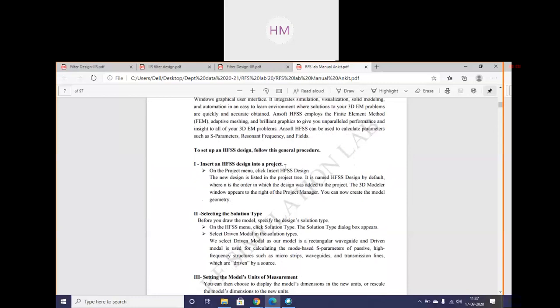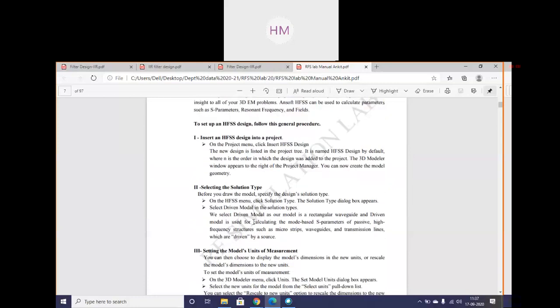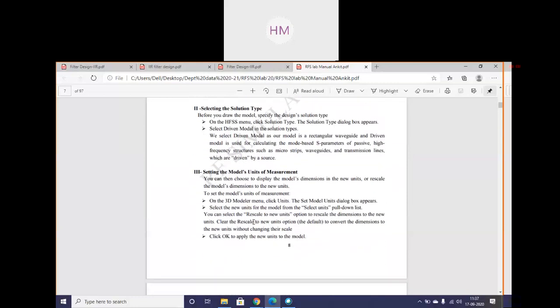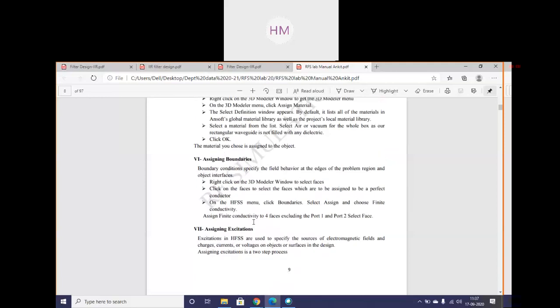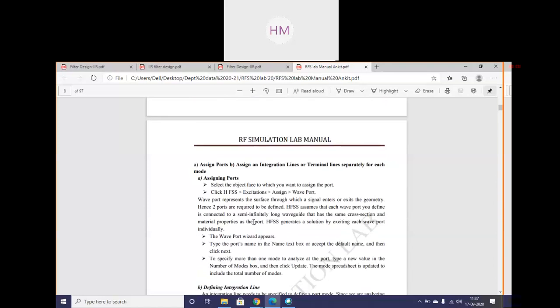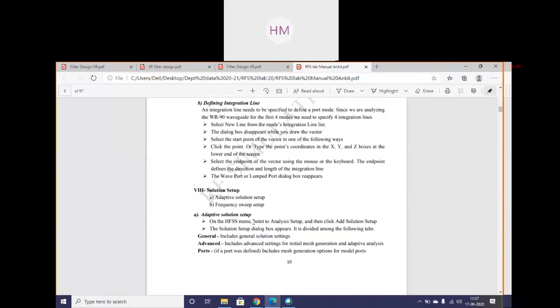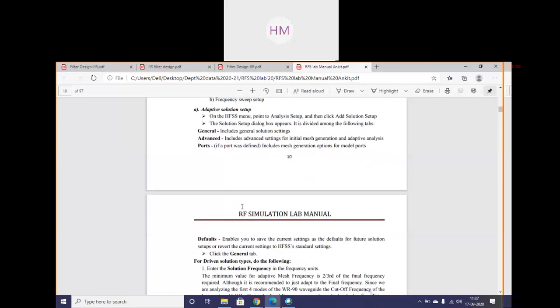HFSS is designed into a project manager: setting the solution type, setting the model units of measurement, drawing a model, assigning material, assigning boundaries, assigning excitations, assigning ports. Last is your solution setup. In this, we went to frequency sweep setup.